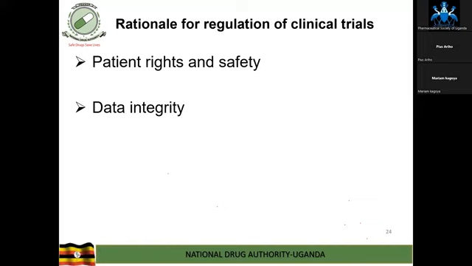Explaining about clinical trials, there are two things that look really small, but are the reason why we have this very big